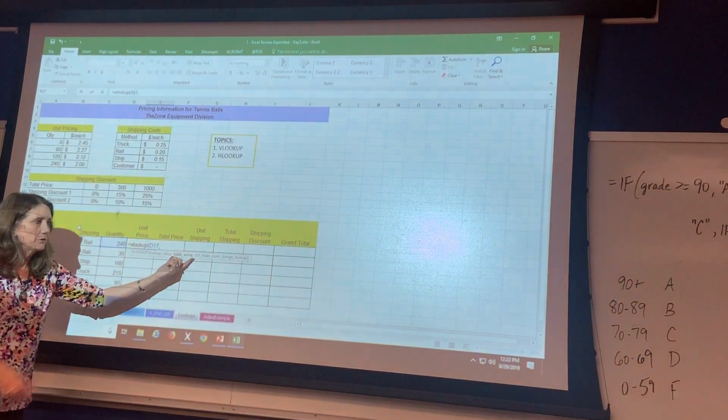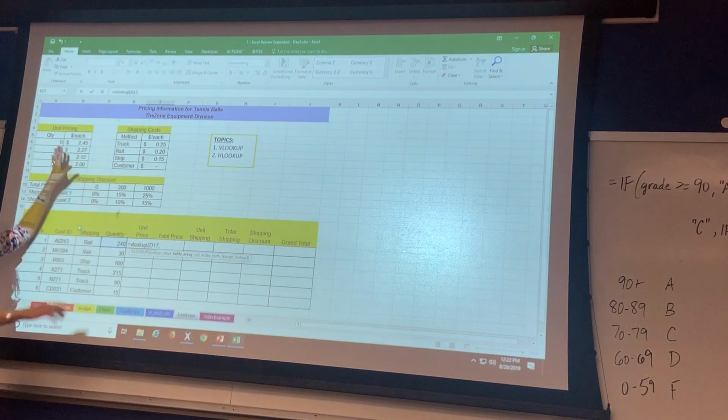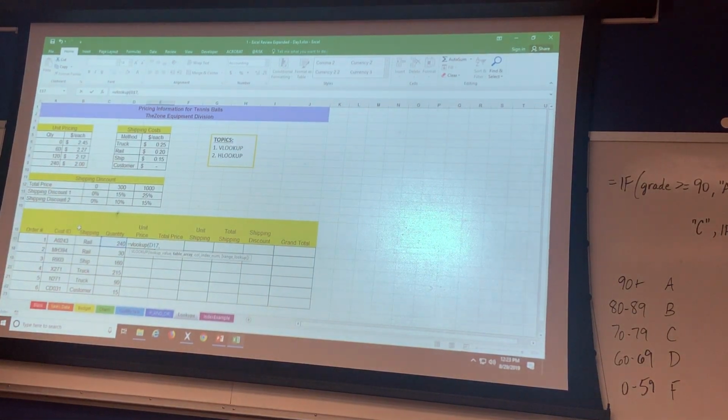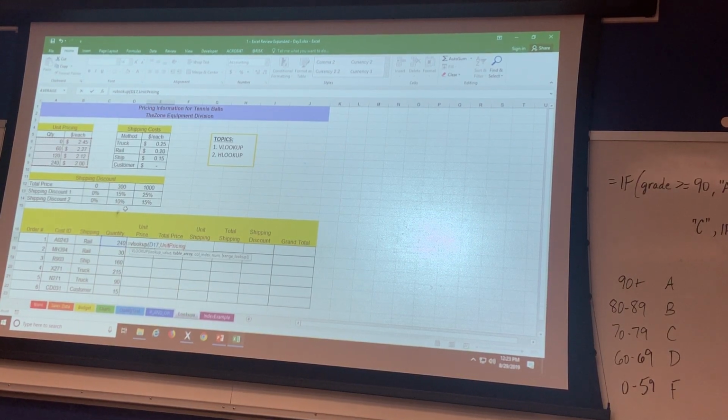The table array, like that one, like these, okay? It's this one right here. This is where it should be looking it up. Do not pick up any labels, just pick up the data part of it, the columns that are actually part of the vertical table without any headings or anything when you do it. You will notice I've already named it. That made it a little easier for me to have already named it. So unit pricing,